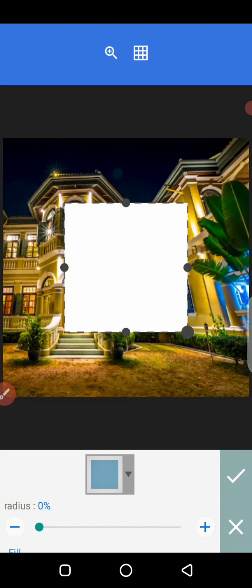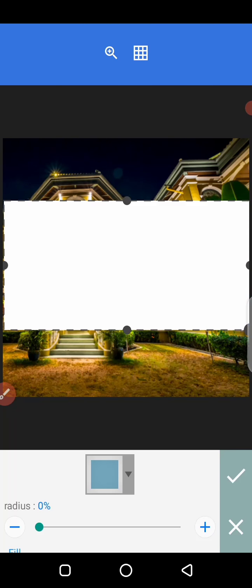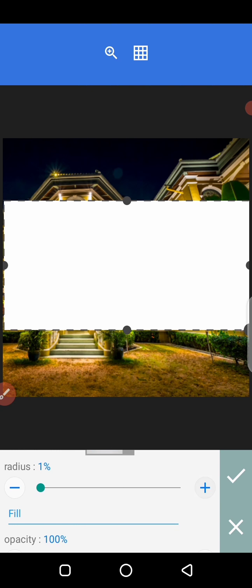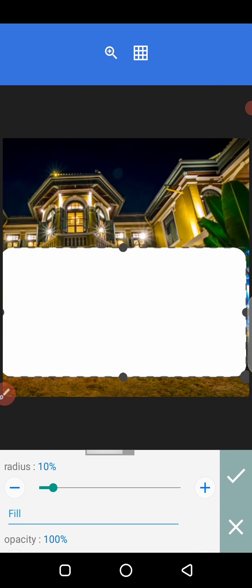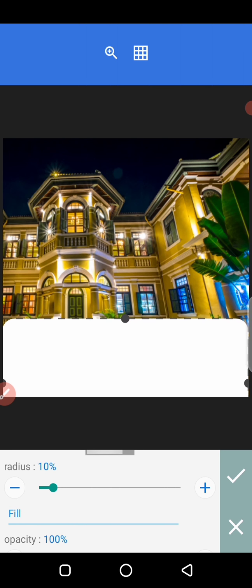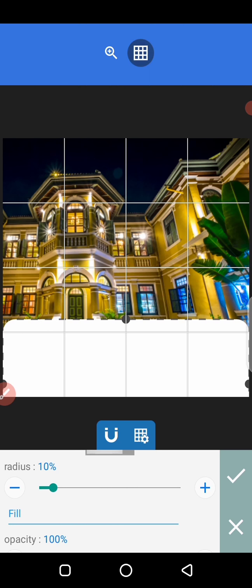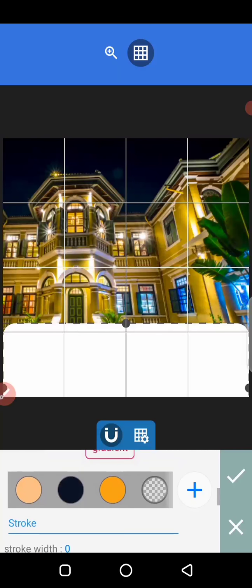Make sure this shape just touches the edges here, and then make the radius 10. You can just bring it down here. Open the grid and then click on that magnet tool. Good. Then change the color